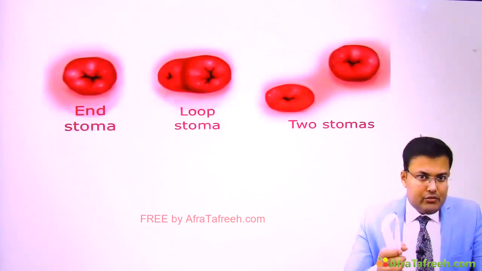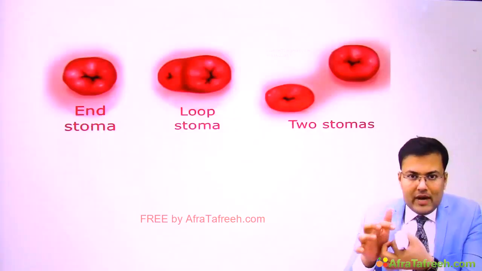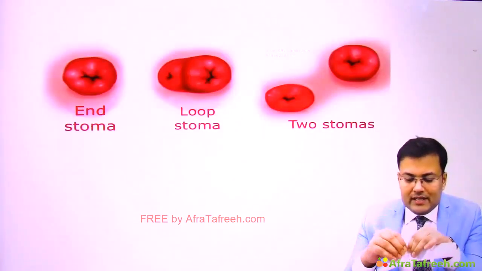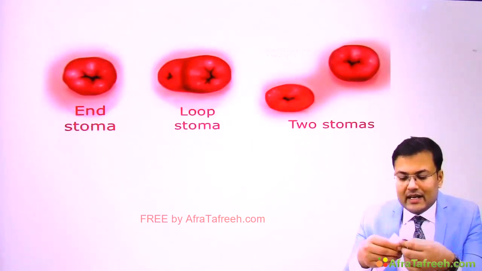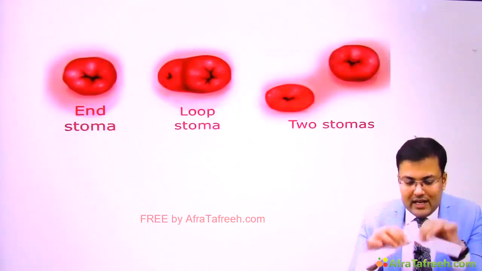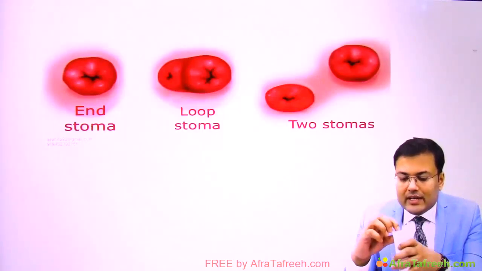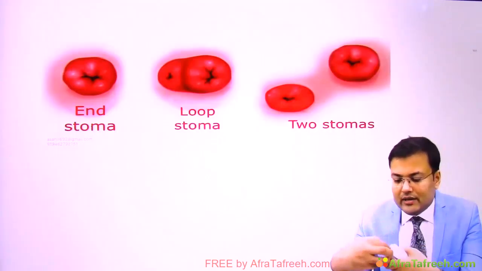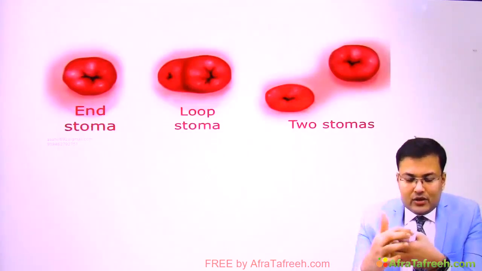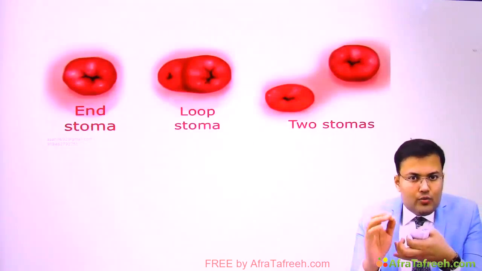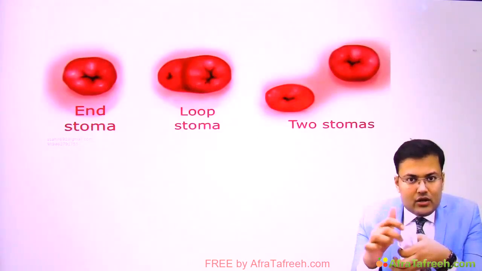Now imagine a second situation in which the loop of bowel has been taken out. So see, this loop has been taken out. Now this loop is divided, not completely, partially. And what happens? Both ends are taken out. See, the stoma is attached, and when both ends are taken out, you can see that there are two external openings. These are joined together. So this is loop stoma. The loop of bowel has been taken out, it is being cut, and you can see there are two openings.